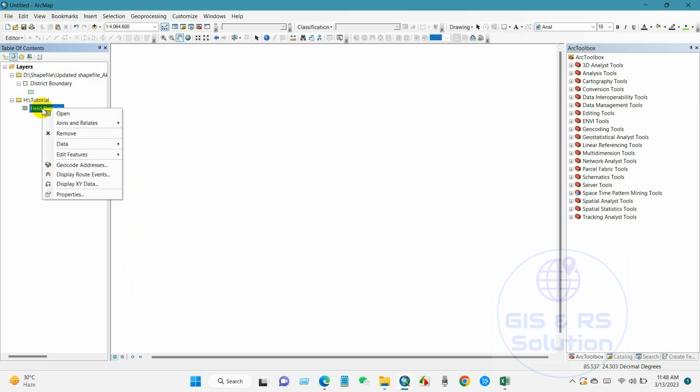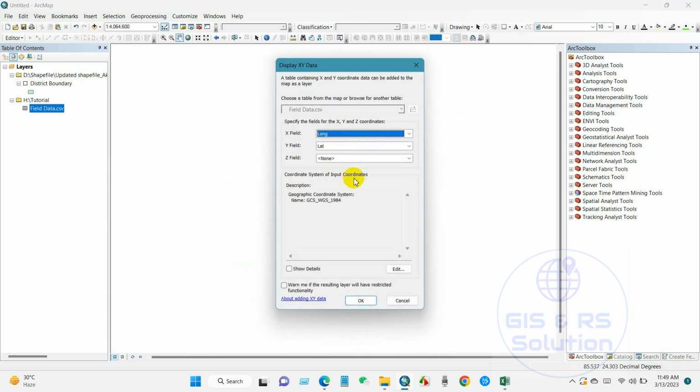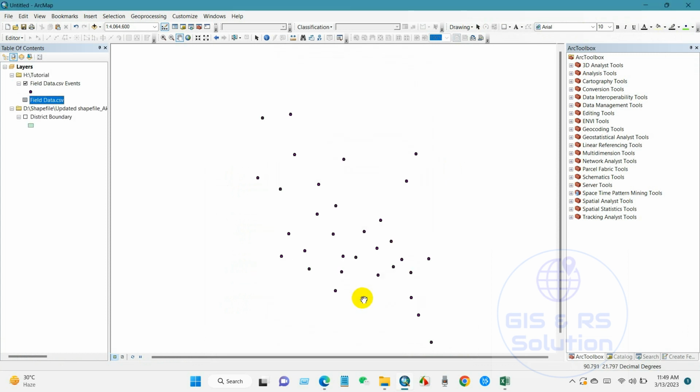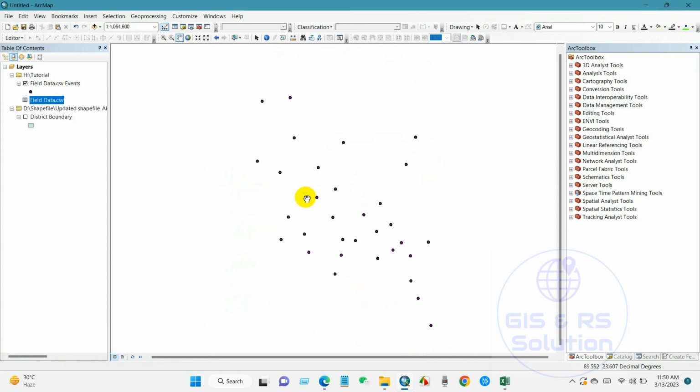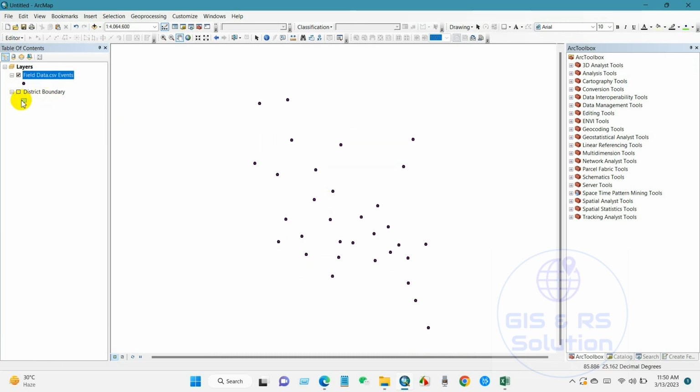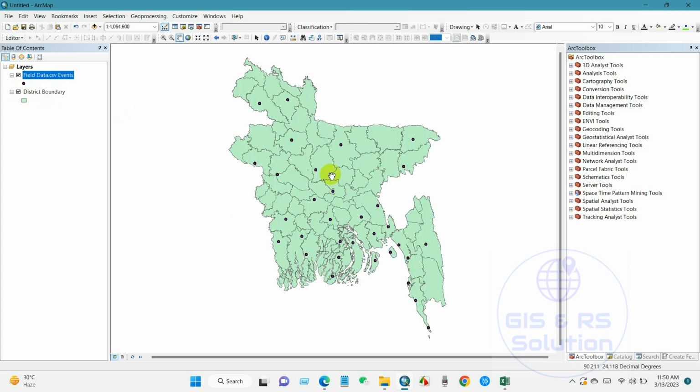and then display XY data. Here X is longitude and Y is latitude. Just select this, and coordinate system, geographic coordinate system, and then click OK. You can see here it has been placed according to latitude and longitude, and that Excel data has been converted